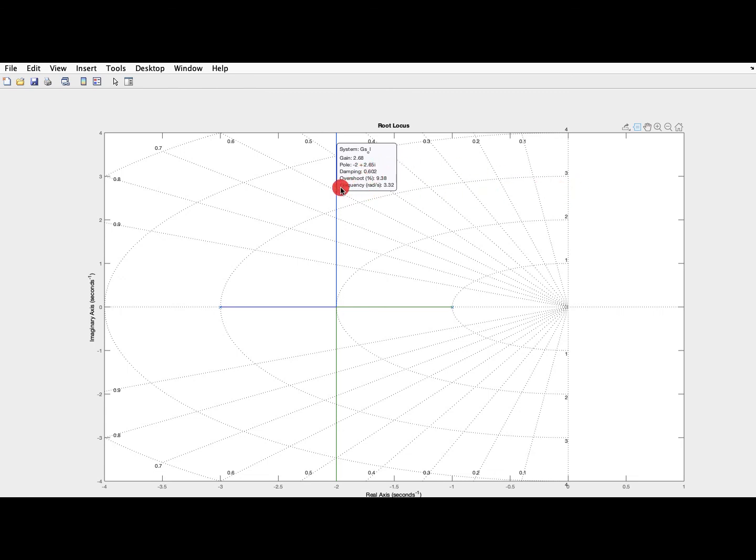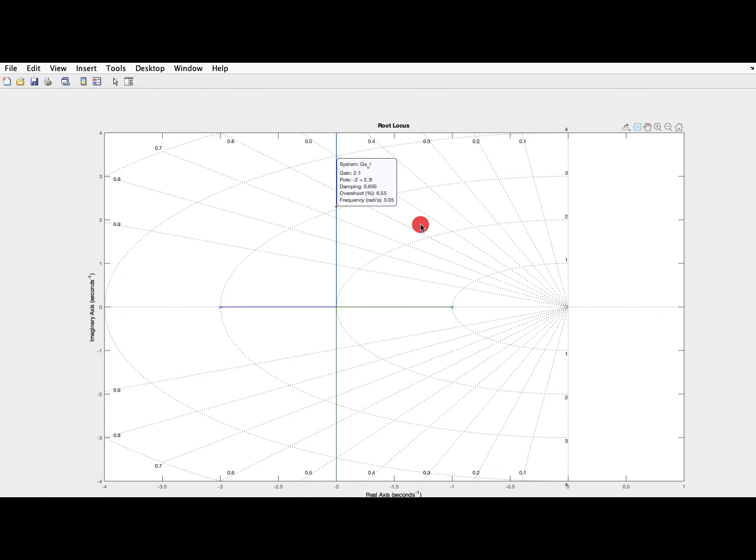And the damping ratio is 0.602. You can see this is the 0.6 line and it's slightly lower than that one, 0.602. So it will give you the information, and you can use the keyboard keys to move this point onward. If our closed loop pole is at this position, it will give you all the required information. At this point our overshoot will be equal to 7.9.